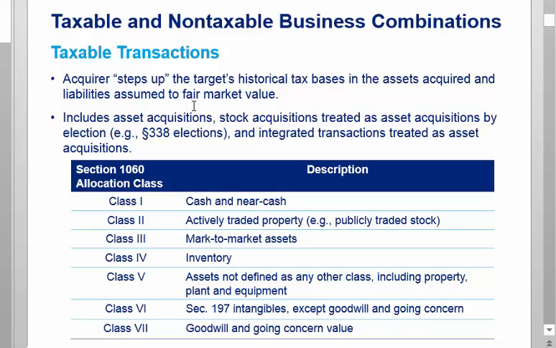That usually means that the buyer has acquired assets in a taxable transaction. It could buy assets directly, or it could buy stock and make a 338 election, as described in the second bullet. The purpose of this class is not to teach you how acquisitions work, but know for now that when we say taxable transaction for provision purposes, we mean a transaction that's structured for tax purposes to provide a basis step up for tax purposes.